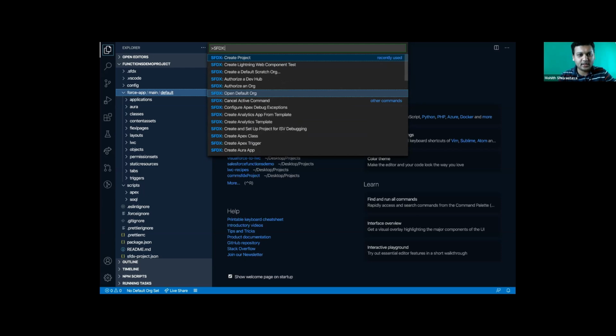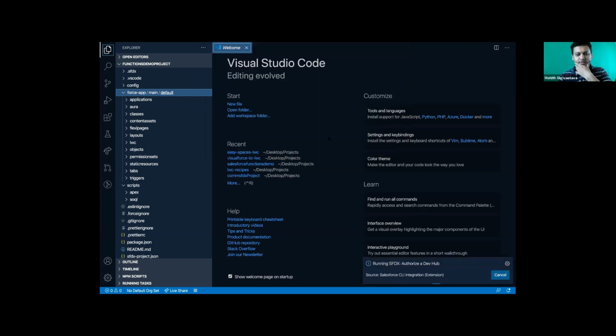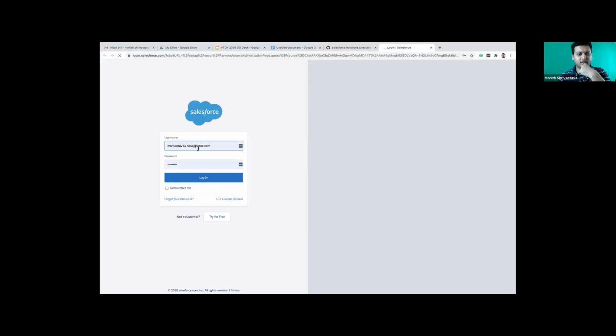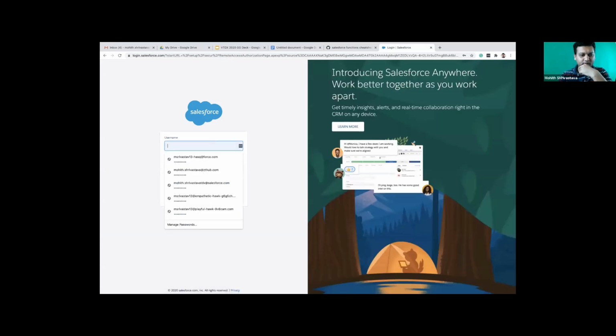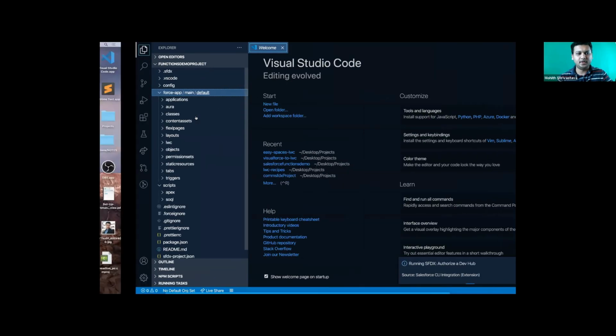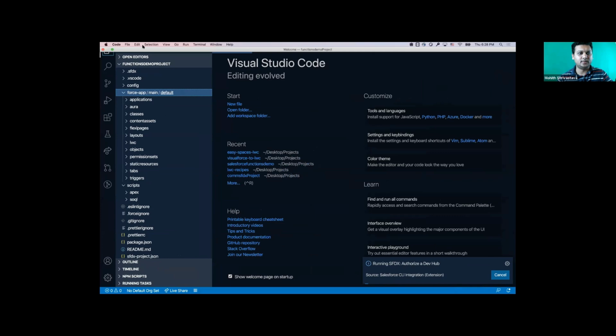So SFDX. Let's authorize a dev hub. For authorization of the dev hub, I need the org. Let me get the org. Just give me a sec. Let me grab the correct org here. One sec. Okay, let me do one thing. I also want to do,